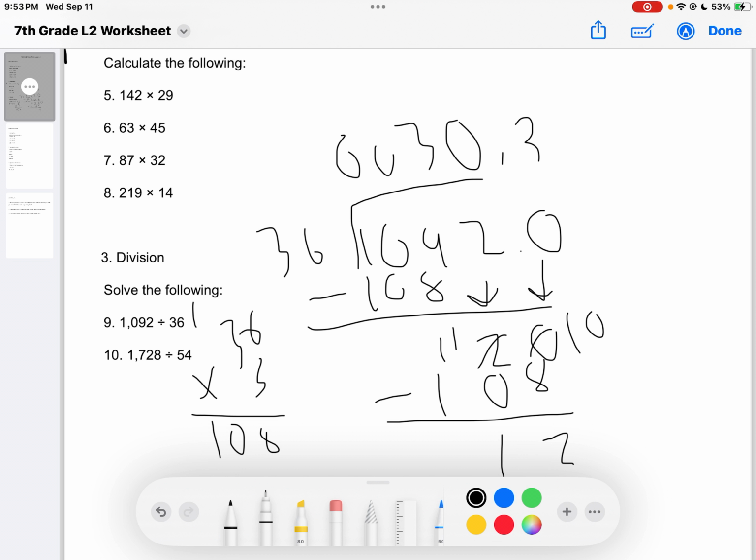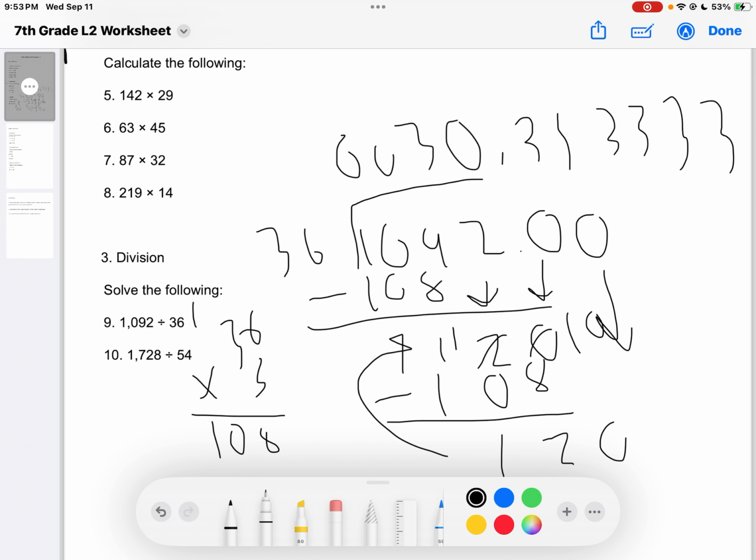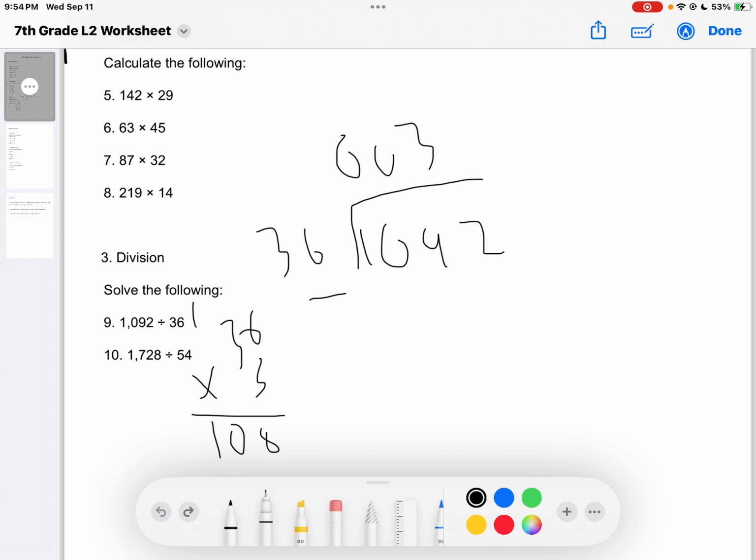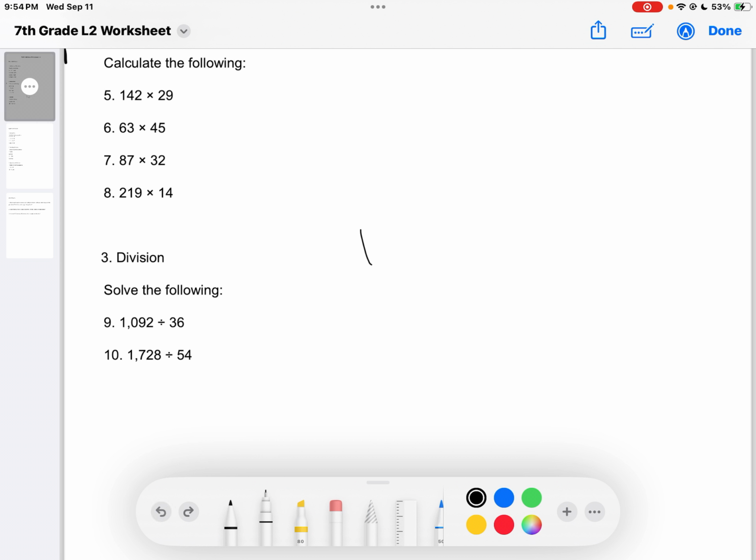So it's 12. You add another 0. Transfer it down to make 120. However, 120 is the same as this one. So that means it will always be repeating and there'll be unlimited 3's. So the final answer should be 30 and 1/3. That should be your final answer. The next problem, I believe it's not a decimal, so you guys should try it by yourself. And we'll be moving on